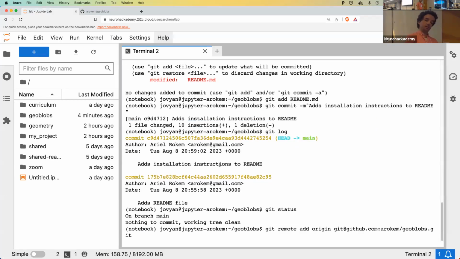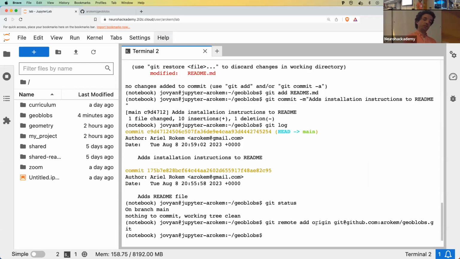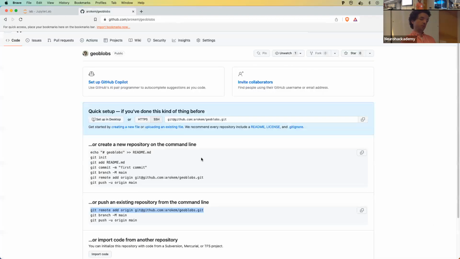And we're pointing to this git at github.com:ArielRokem/GeoBlobs.git address is the address for this remote. And then we're going to use the other instructions here. We don't need to run git branch -m main because we're already on a branch called main. This would modify the name of the branch that we're using to main, but we've already done that. Instead, we're going to say git push